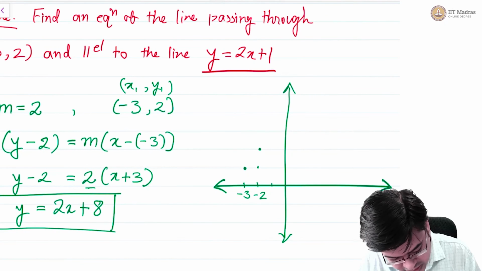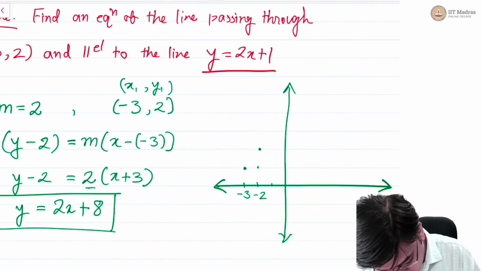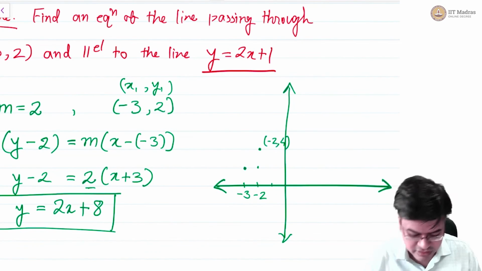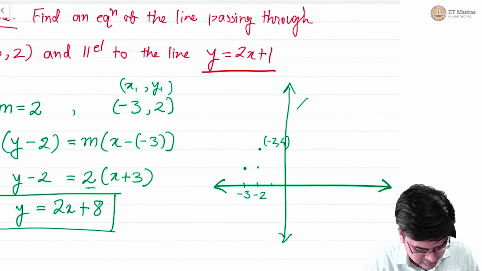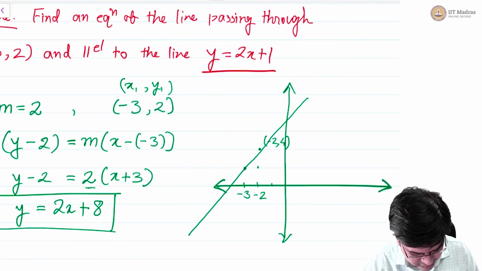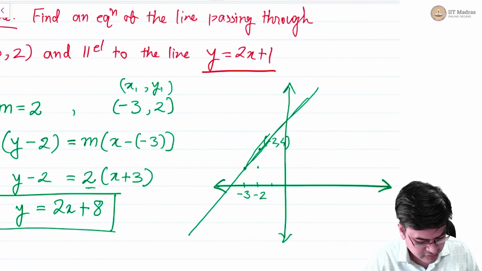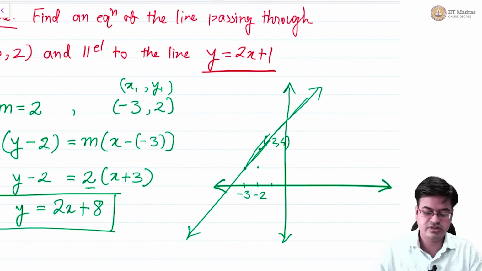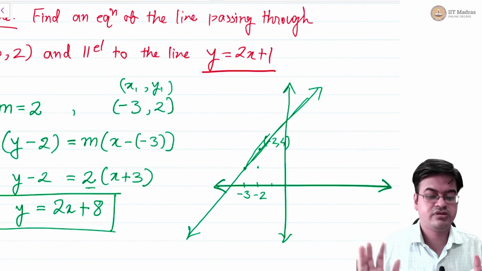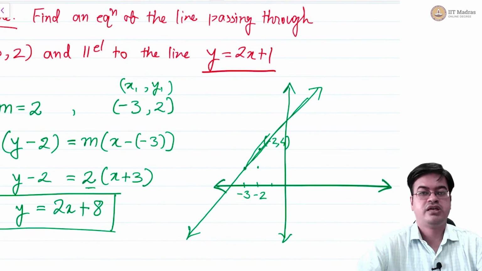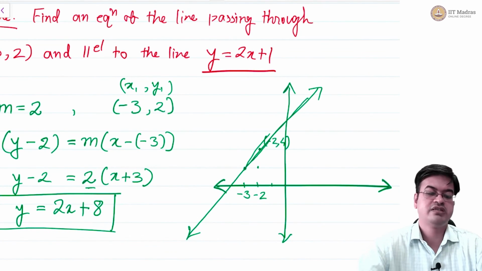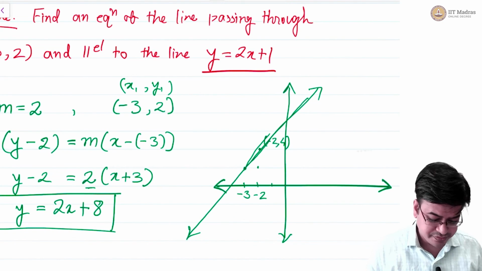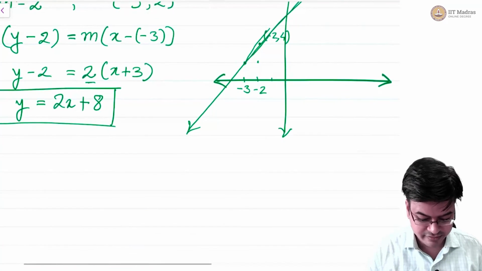your point is 2, 4. Okay, so this is minus 2 comma 4. This is the point, and you can graph the equation of a line using this way. Yes, sorry, passing through this point. So this is the line that is passing through these points. Fine. So we have successfully given the equation of the line parallel to a given line passing through a point which is on the line.